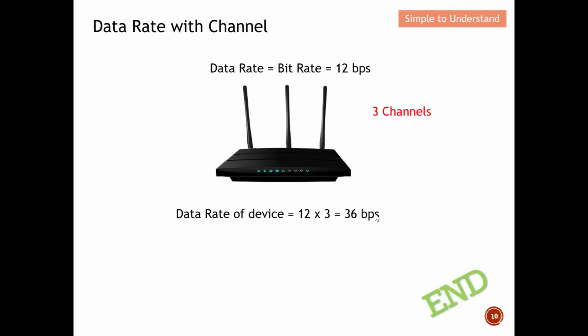So with this video, I described what bit rate is. Let's say we have one channel, so data rate equals bit rate, which is 12 bits per second. Now instead of one channel, it becomes three channels, so I take the bit rate per channel and multiply by the number of channels, which is 36 bits per second. With this, I hope you have a better understanding of how we can describe the throughput. Firstly, by using the bit rate. Second, by using the symbol rate. Third, in terms of the channel. Then we will be able to describe the throughput as data rate.